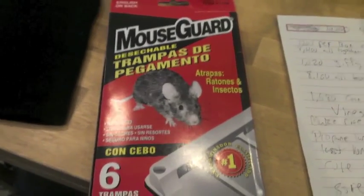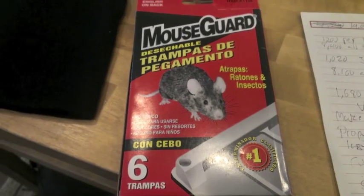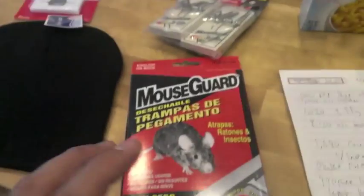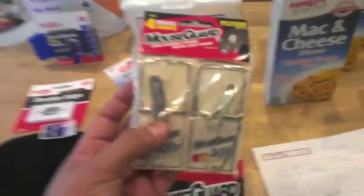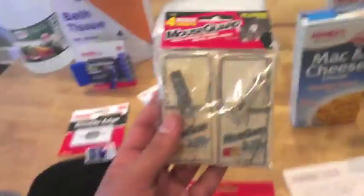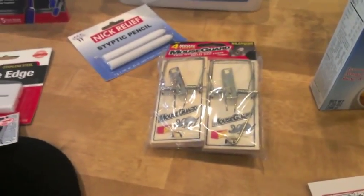Obviously, these can be put on trees to catch squirrels. Smaller squirrels. Put them on your roof, on the gutters. You know, bait them. 6 traps there. There's 6 meals for $1. There's 4 traps here, but they're reusable. I mean, you can use these till they break. Can have up to, who knows, 100 meals, 50 meals. Not really sure how long they last, but...